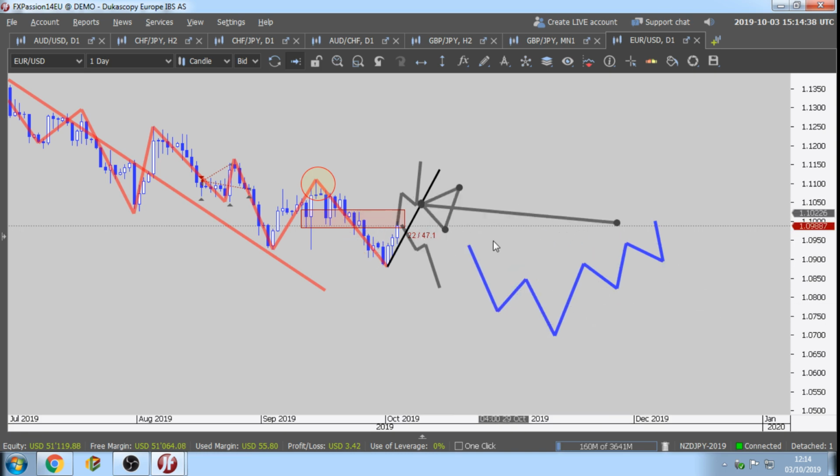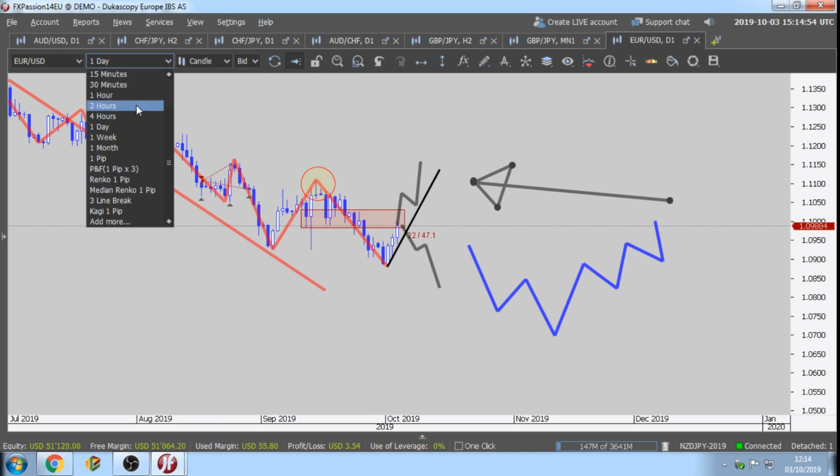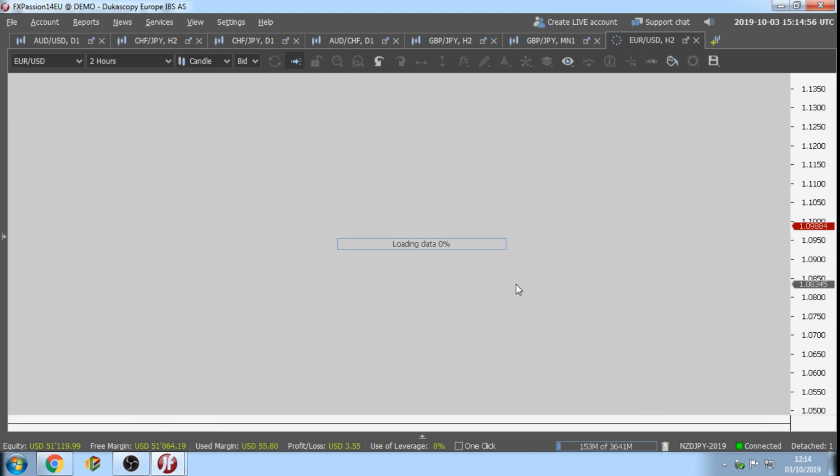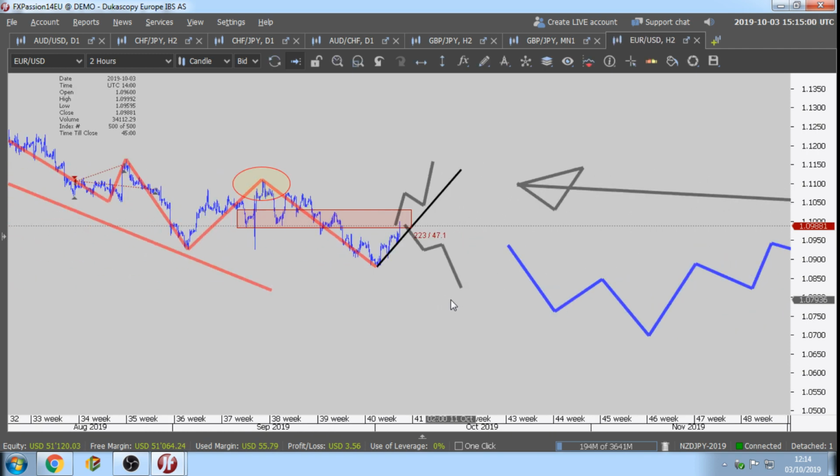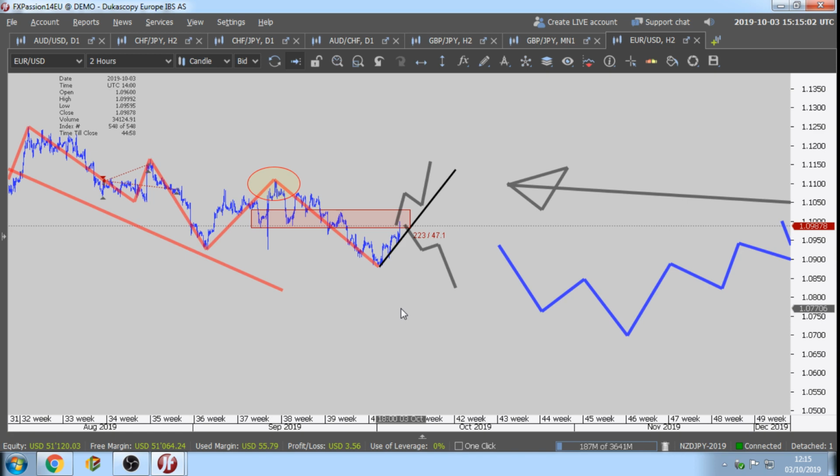So far on the daily chart, short term, we are still short. We want to sell this currency pair. Okay? Before you are going to go long, wait for the market to show you different things. Now let's move on the 2-hour chart. The picture is still the same, right? Extension, retracement, extension.